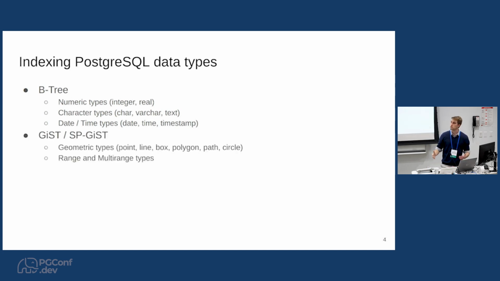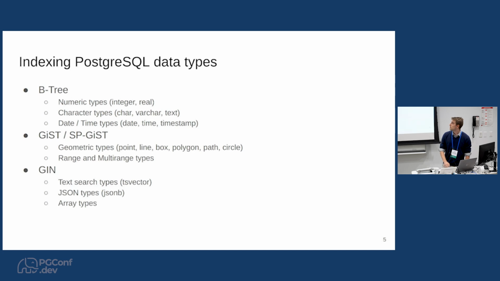But then we have multi-dimensional data that cannot be easily indexed in a B-tree. For this, we typically use GiST or SP-GiST indices. The main use case of this is geometric types. PostGIS makes heavy use of this, but also the range and multirange types, which I will go into more detail